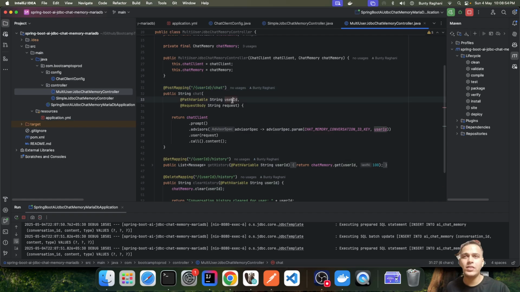So here you will see where from the URL we are reading the user ID, and then we are accepting some content from the user, and inside the chat client we are passing this information about the conversation ID. So here you can see dot advisors, and here we are specifying chat memory conversation ID, and this is the user ID. What this means is, for each user a separate conversation ID will be created, and